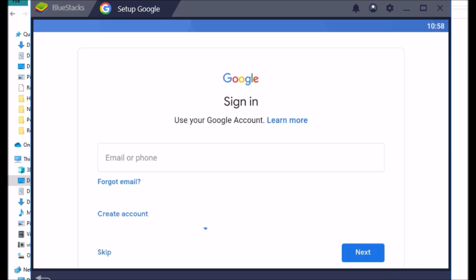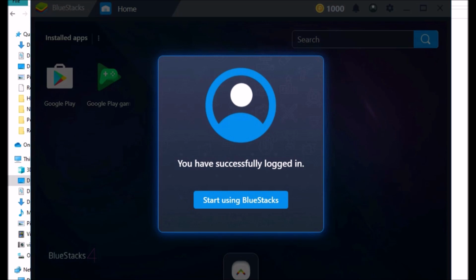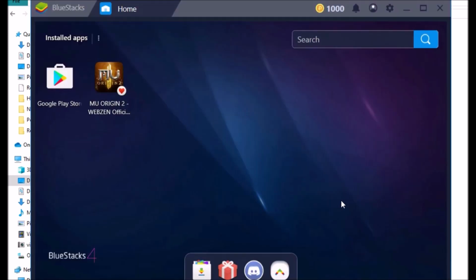Once you complete your download, it will ask you to sign in. So use your email ID. Once that installation part is complete, it reaches the successfully logged-in account using BlueStacks. We recommend that you use your Gmail ID to log in the first time. This is our BlueStacks first screen.